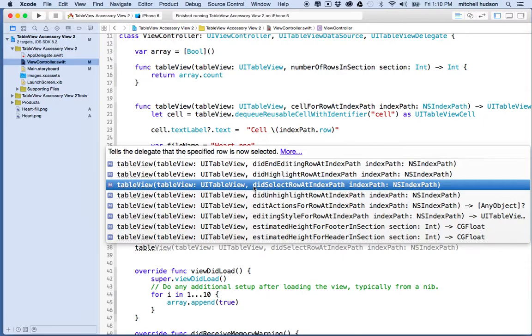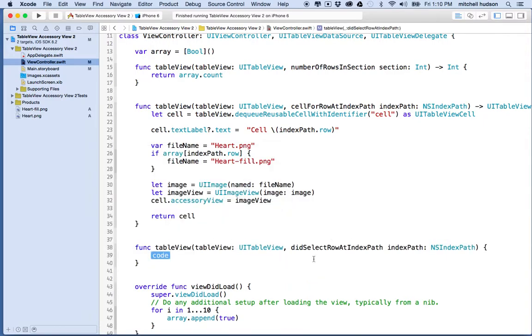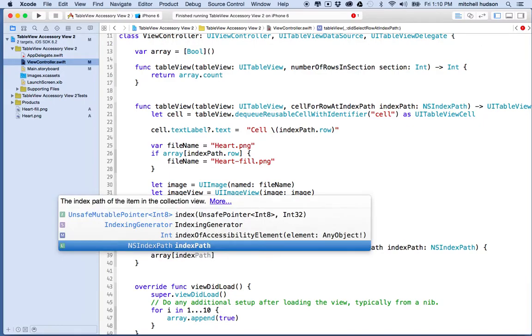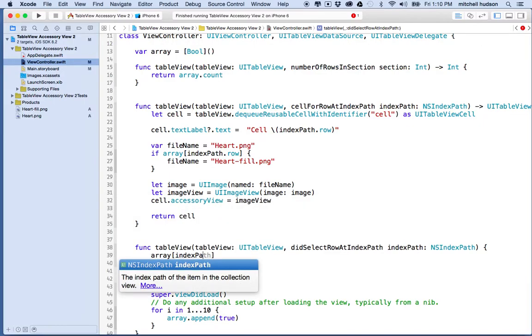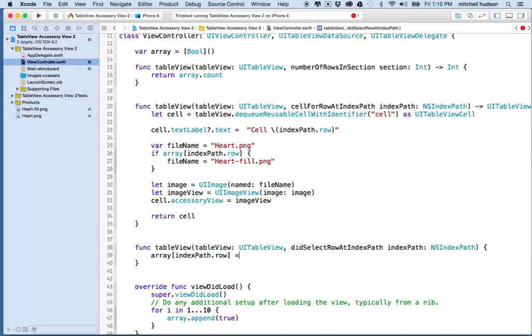Be careful because there's a didDeselectRow, which looks almost the same. Okay, so don't get that one. And when we select a row at the index path, why don't we find that cell and then change the accessory, right? So first of all, let's change the true or false value in the array at the index path row. So let's say array[indexPath.row] equals not array